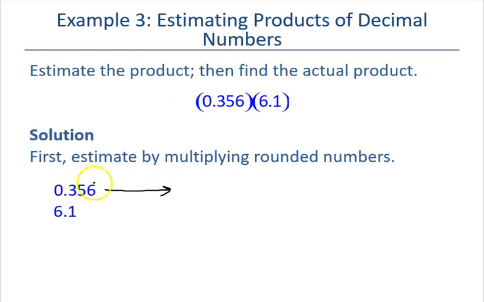The next number is a 5, which means I'm going to have to round this up to 0.4. Okay, here I've got 6.1, but I'm not really as concerned about that point as I am. I've got a 6. My next number here is a 1, so it's going to be just rounded down, which just keeps it as 6. So I can come here and go